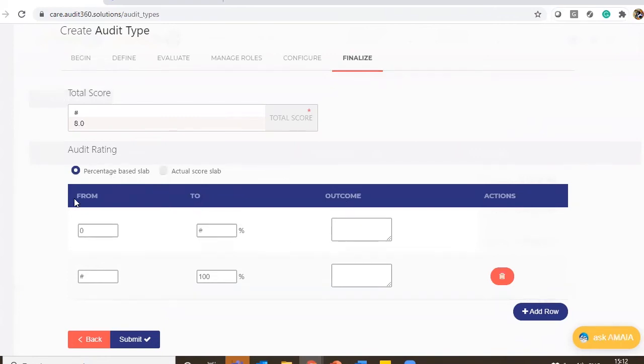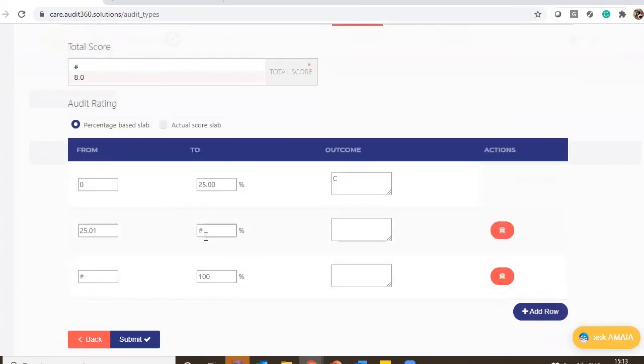Let me take, for the demonstration, the percentage by slab. I'm choosing this as 25% as C. I'm adding one more level where I say 25 to 60 as B and 60 to 100 as A.